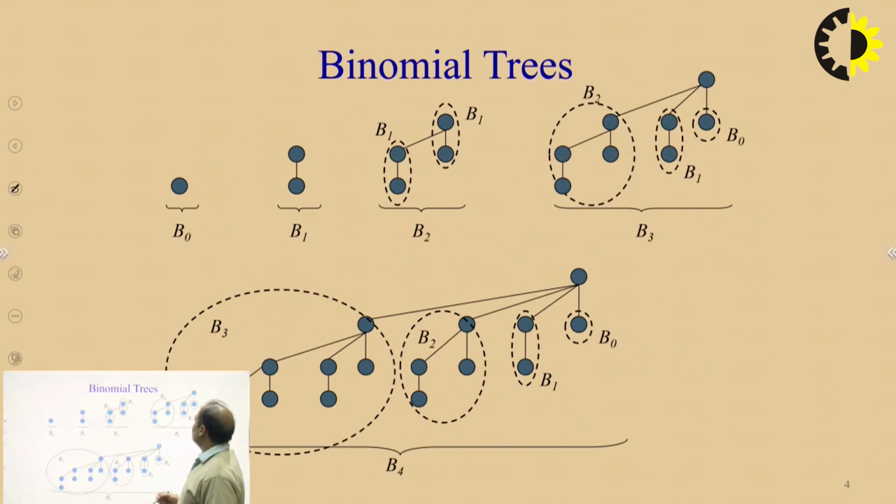So look at here, the same thing. B0 is a single node, B1 is this, and B2 is defined as a collection of 2 B1. So